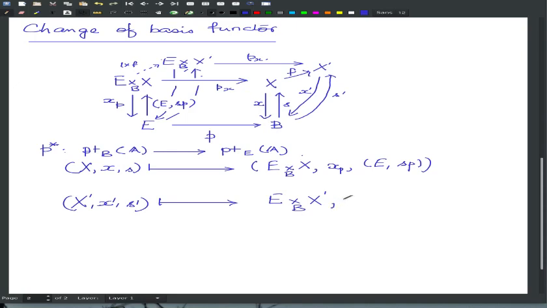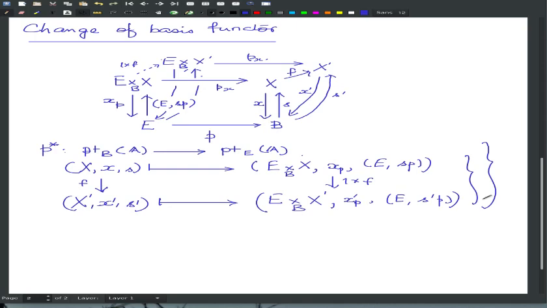So this is 1 cross F. Okay? So this is the change